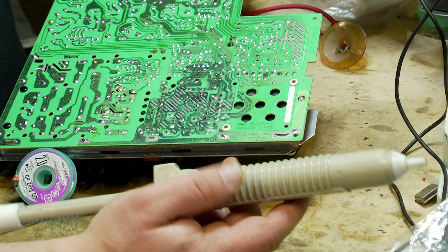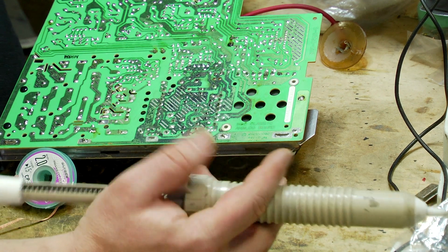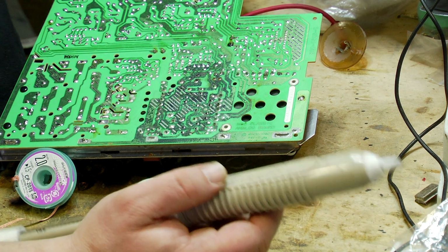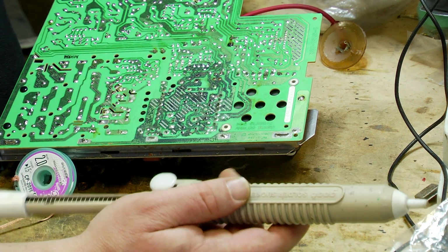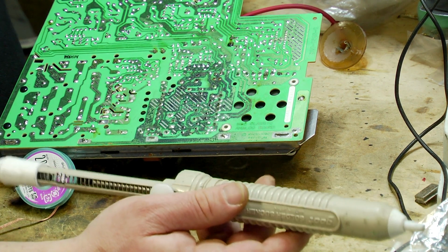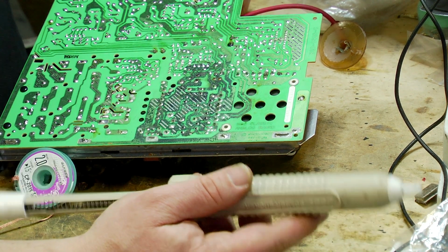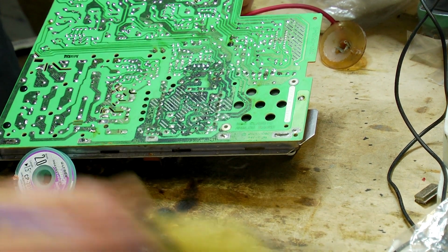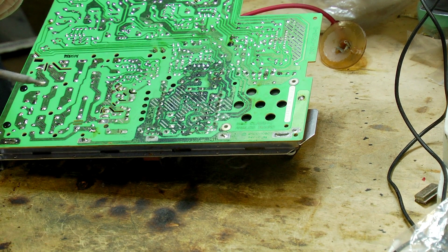There is a third option that I'm not including, that is to use a motorized solder sucking machine, a rework machine. It's basically like a soldering iron with a little vacuum pump, and you apply heat and then it just sucks all the solder up. They're quite expensive, so I'm not going to be using one of those today. I'm going to be using the old mechanical way, and in particular with so few of these, I think we'll be fine. So the first option I will go with will be the solder braid,